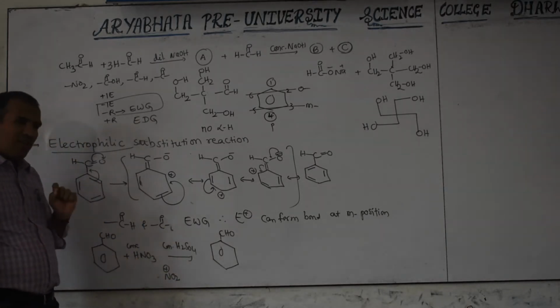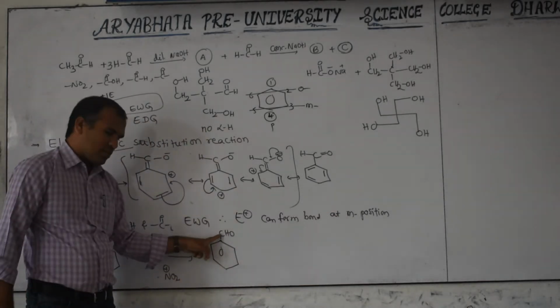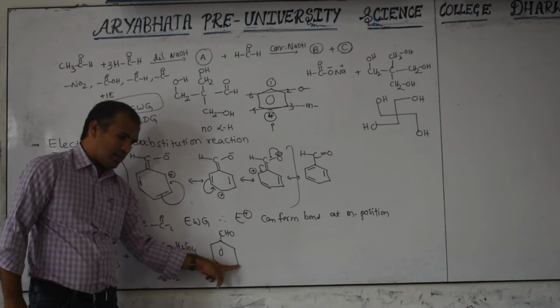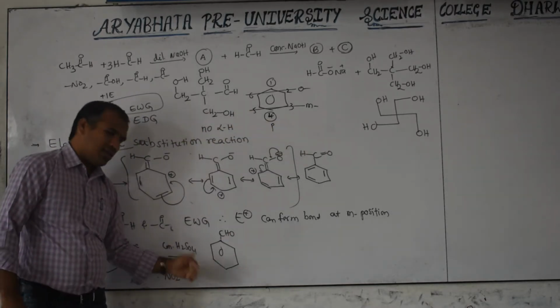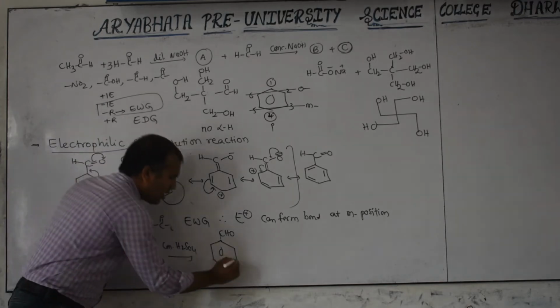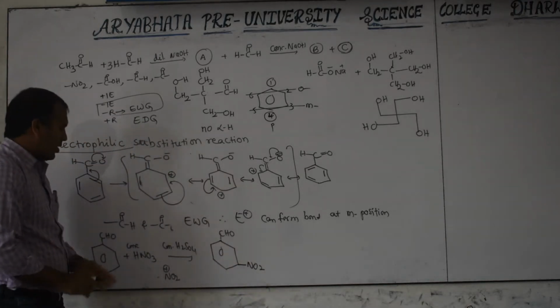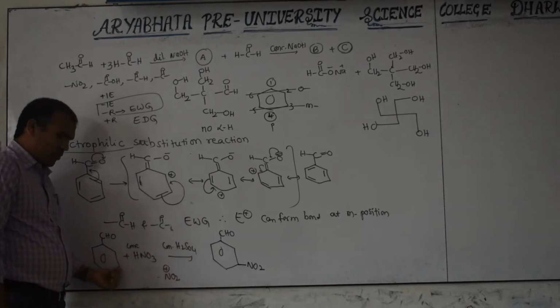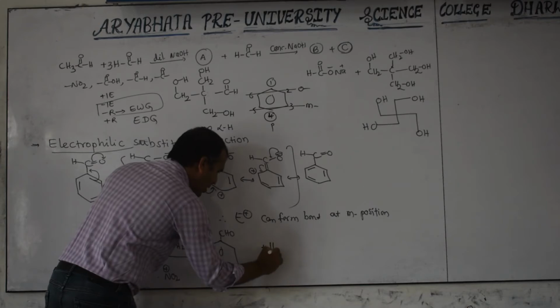So the electrophile can attack at which position? Meta position. This is the first position. Second, third and fifth are what we call meta positions. This side and this side, no problem. Generally, we write it on the right side, NO2. So here one hydrogen and here one hydrogen are there, and totally a water molecule is also eliminated in the mechanism.